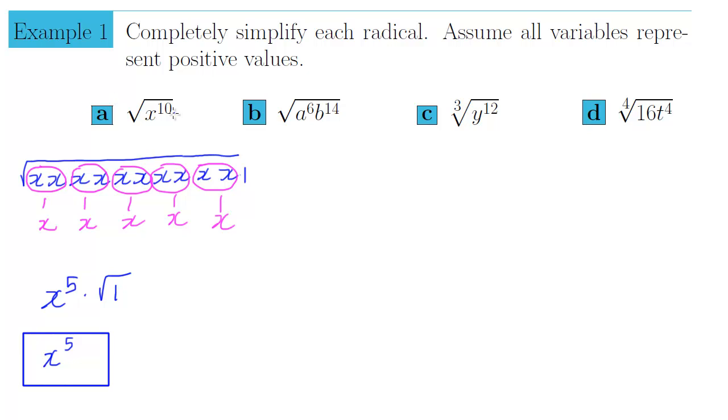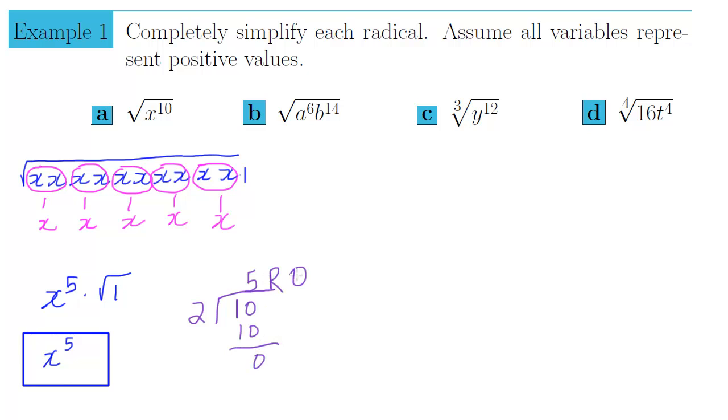Now, you might notice that we could get to that result a little quicker if we really understand what's going on. The square root of x to the 10th is going to take my 10 factors of x and break them into groups of 2. How do you take 10 and break it into groups of 2? Well, that's a division problem. So take your 10 x's and break them into groups of 2. Well, 2 goes into 10 5 times